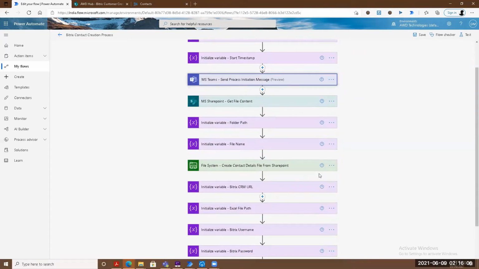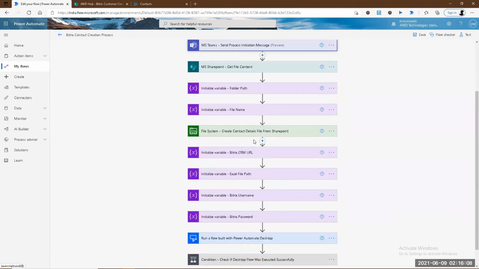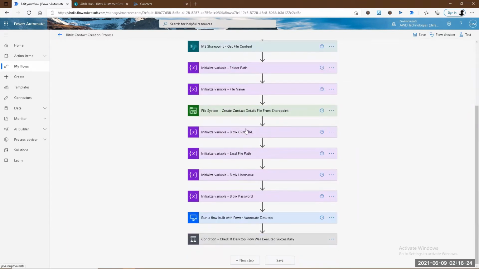Next, going forward, the bot will then simply download the file from the SharePoint location. To download this file, the bot needs to connect to our local machine. For this reason, we will be requiring that gateway that I showed you quite a few moments ago. Then it will again set some more variables such as username, password, URL, Excel file path. And once all of them have been initialized, it will then call a particular flow that we have developed in